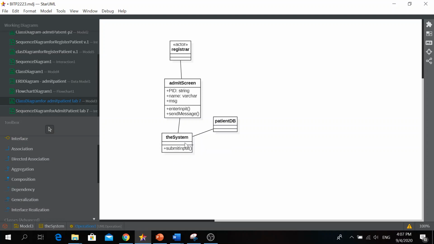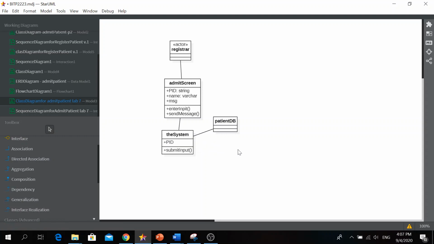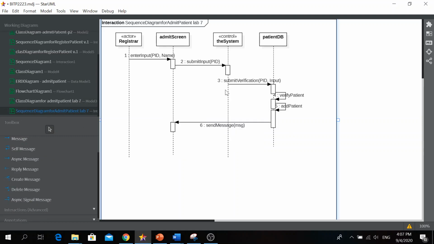Okay, and the attribute is PID. Okay. Then look at your database, yeah, patient DB. What are the operations discovered in these objects? So go back to your sequence diagram. Okay, so we have submit verification, verify patient, add patient. Three operations: